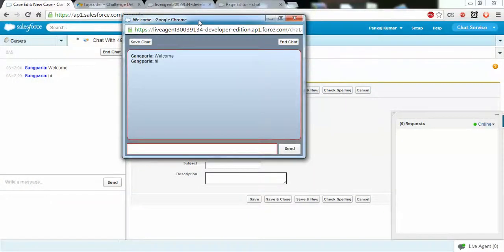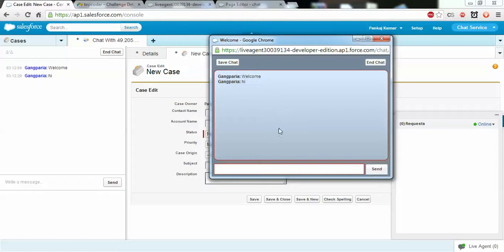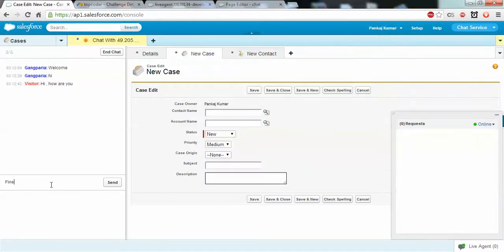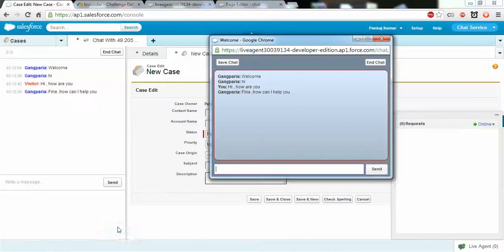I have created my custom chat window. So I said hi, so the visitor can type hi, how are you. So you will see the conversation here.